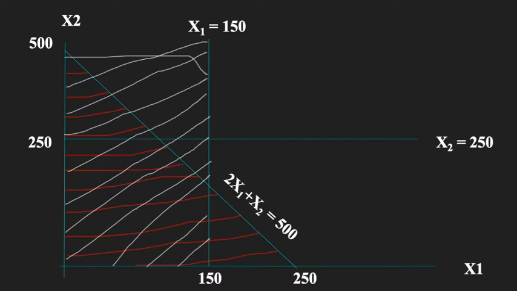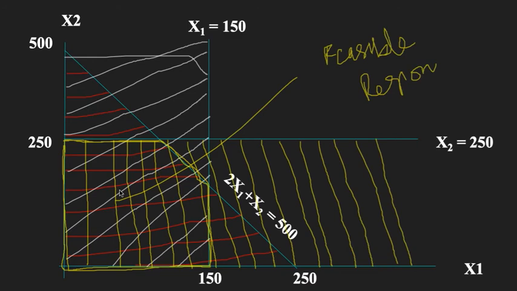Now the last one we are going to take here. This is x2 equal to 250, so we are going to make some lines here parallel to x2, like this. This part here contains all the lines here,